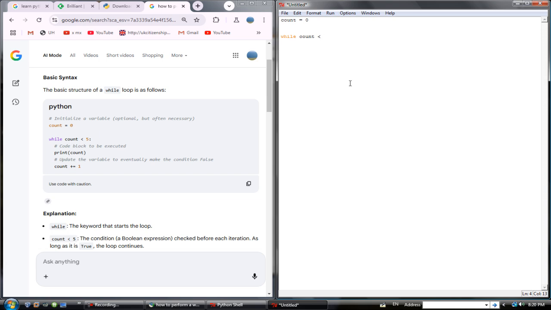I'll type in my example. I'll type in about 30 seconds. Print count. Count plus equals